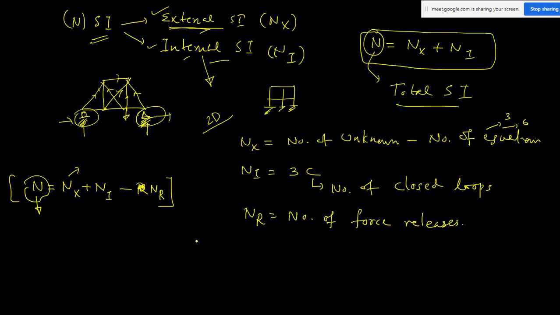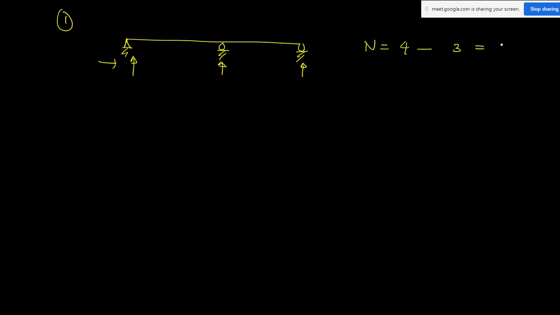After this, I will give a simple example first. A simply supported beam, we have already seen this one. So what is your static indeterminacy? Already you know, this is question 1. I have 2 reactions at each support, so 4 total reactions. The number of unknowns is 4 and the number of equations is 3. So your static indeterminacy is 1.